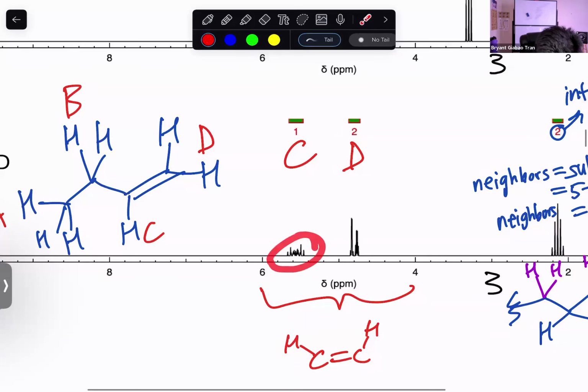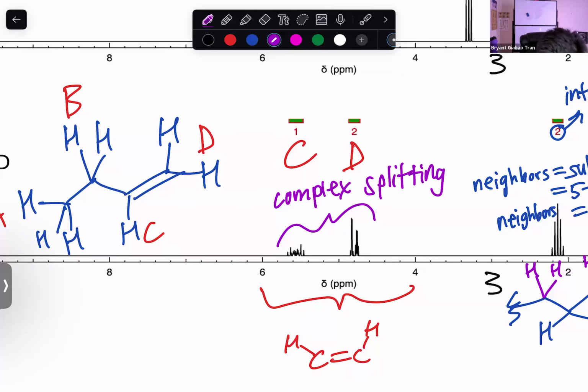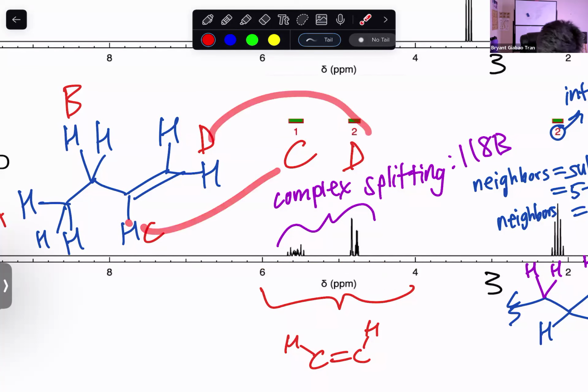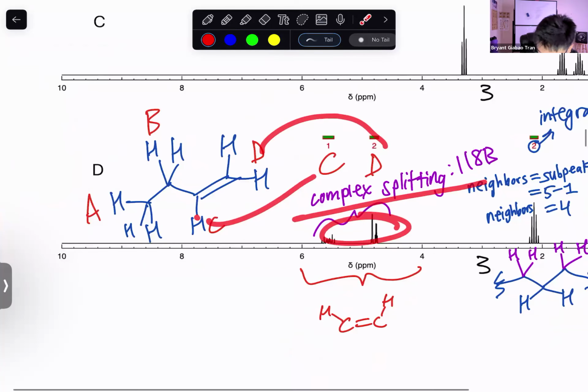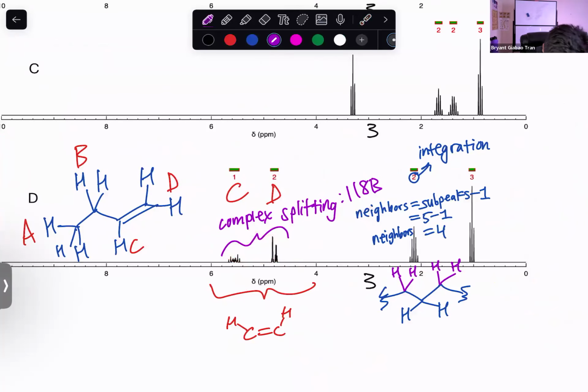Now, the number of neighbors for this is going to be a little bit tricky to count because of something called complex splitting, which you'll know more in 118B, right? But given where these peaks are located, 4 to 6, and the integration, we could say that this is C and this is D. We don't have to worry about this splitting pattern yet. Now, we could say that this is going to be B and this is going to be A,